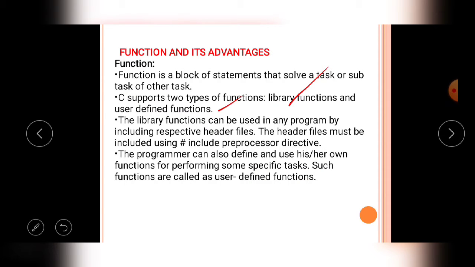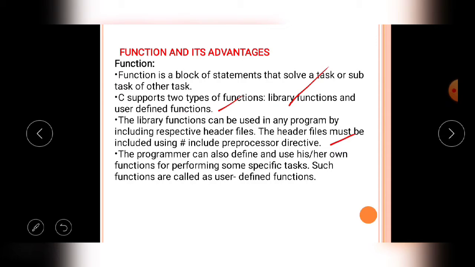Then the library functions can be used in any program by including respective header files. The header files must be included using the #include preprocessor directive. With the help of the #include preprocessor directive, the programmer can use the library functions.